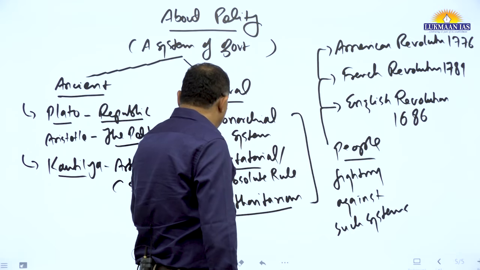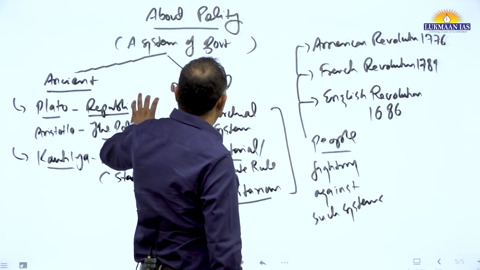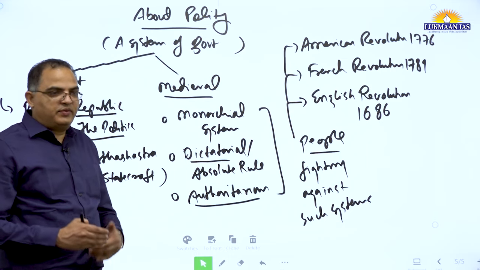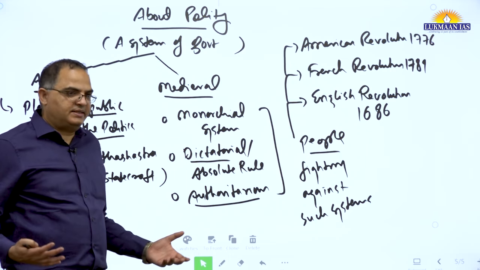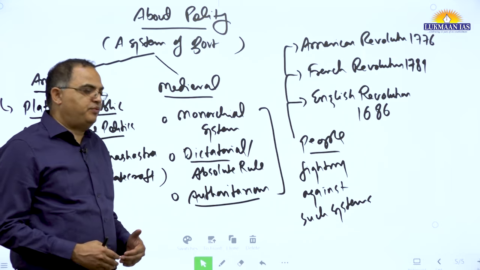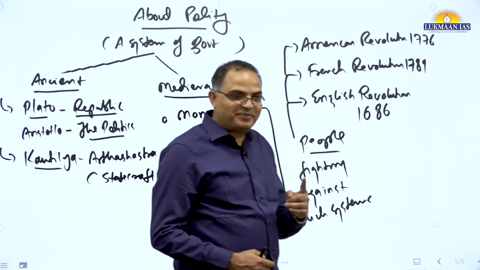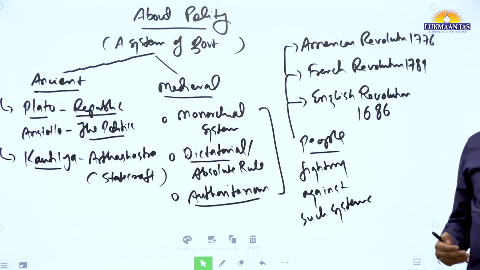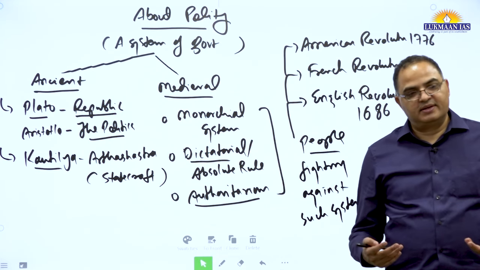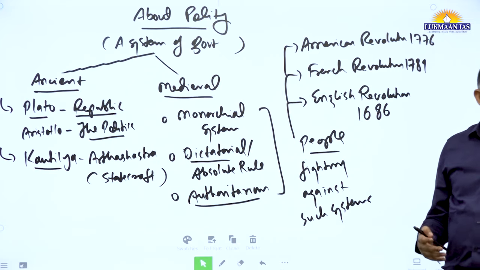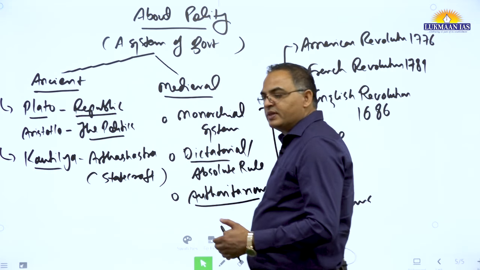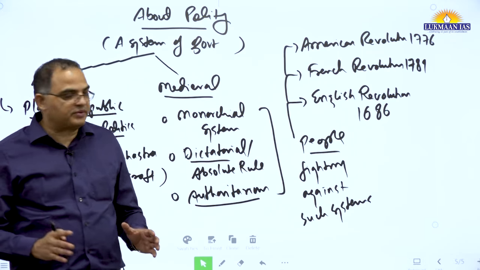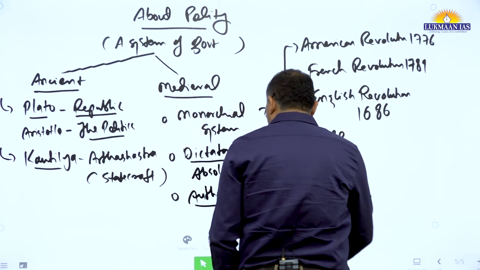What are the factors which influence such revolutions? When there was absolute rule plus further changes in society, people started fighting for their independence. They wanted to have their independence. They wanted to have their democratic rights. They wanted to enjoy their freedom, liberty, equality, all these things. Meanwhile, philosophers also started writing about this. Who are those philosophers?